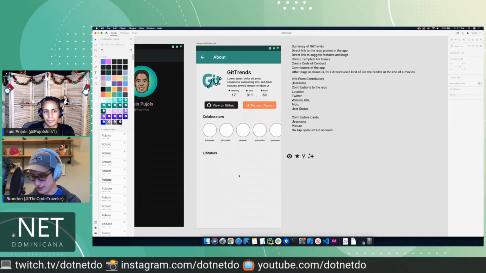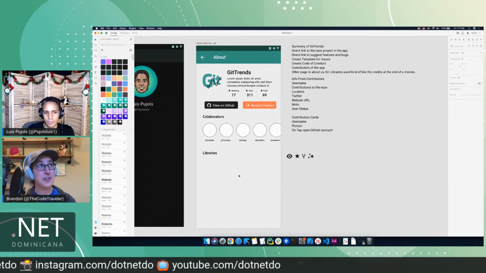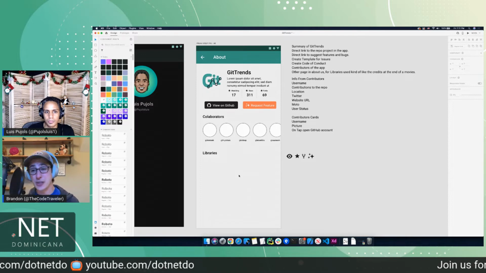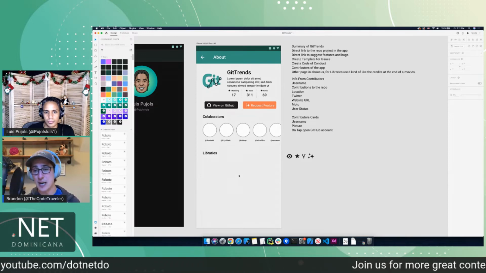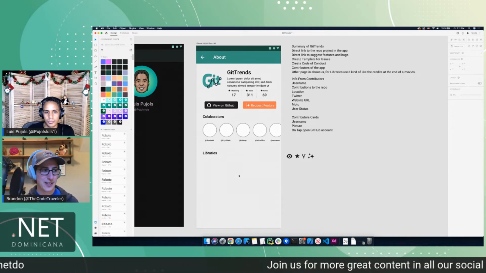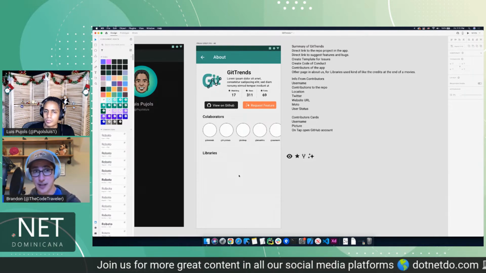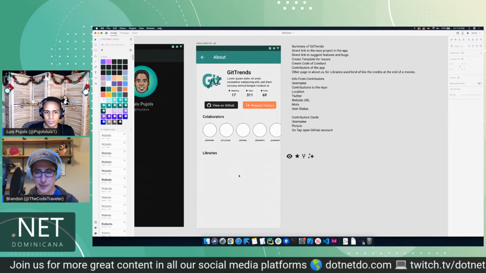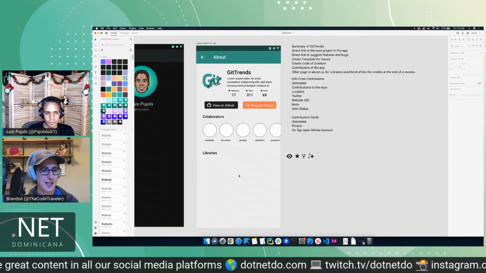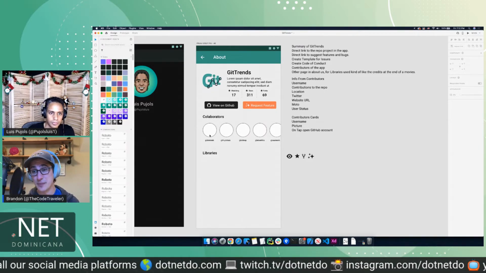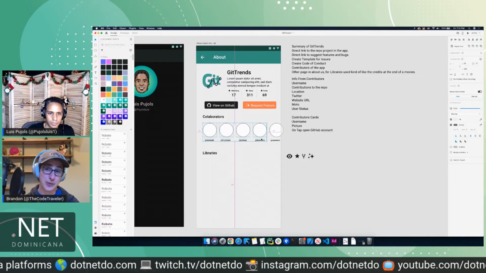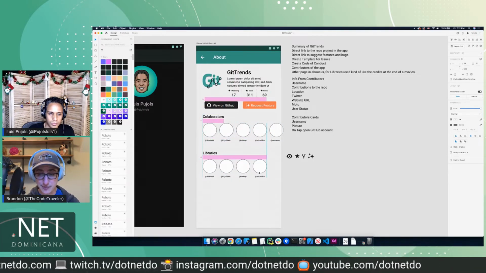Just like with the collaborators, if you tap on a collaborator, probably for the first release, we'll just take you to their GitHub profile in the browser. But we can do something simple with the NuGet packages, like take you to the package on NuGet,